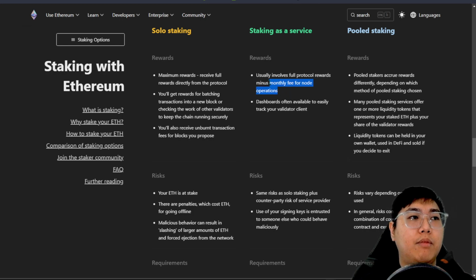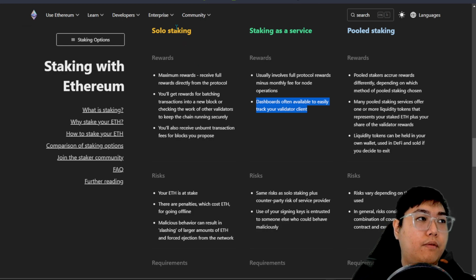You will need maybe 12 cores of processors, then 32 or even 64 gig of RAM. And of course, you will need the SSD or NVMe storage. You will need maybe from 1 terabyte all the way to 4 terabytes, depending on how future-proof you want to go. And over here, you can see a dashboard is often available to easily track your